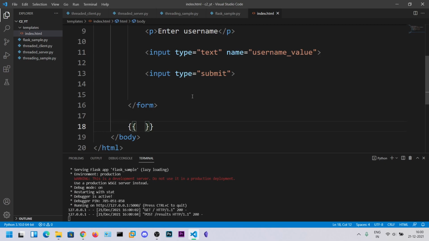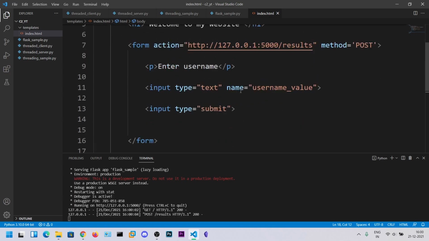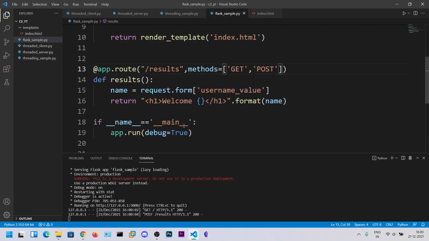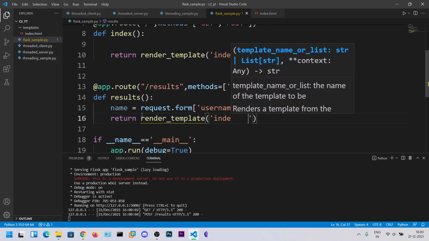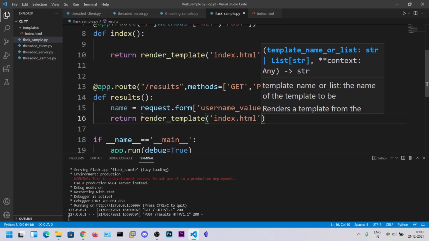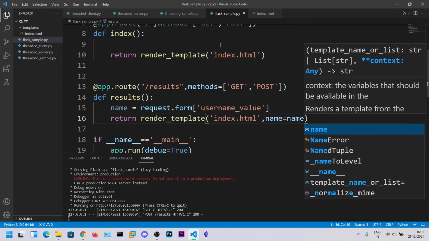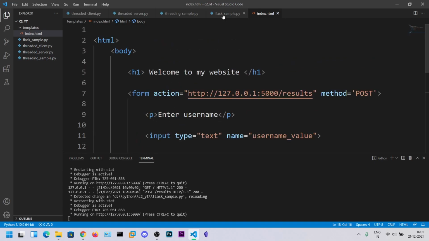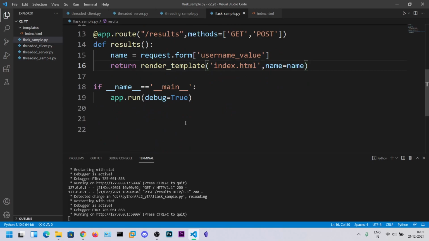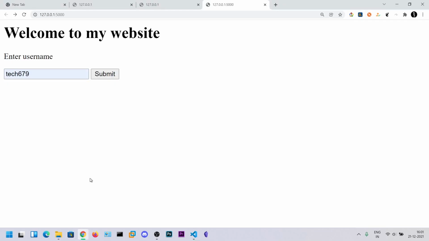So let's delete this one and return render_template of index.html and name is equal to name. So we can put the name here, and I think this should do it. Let's refresh this, type the name, and here you can see in the same page you get the results.